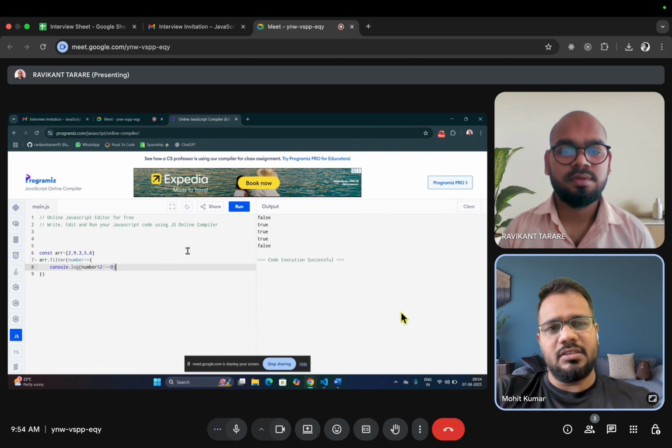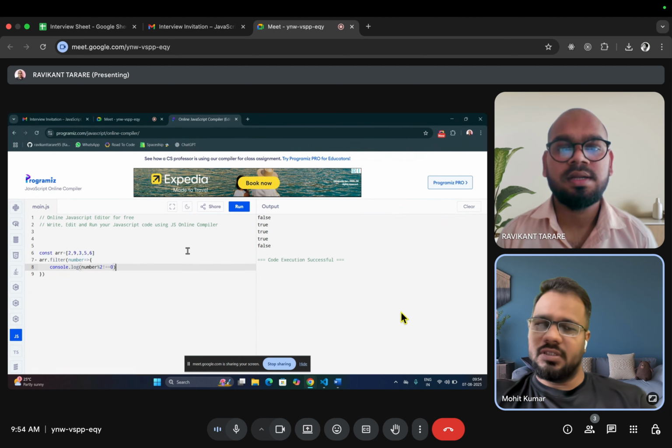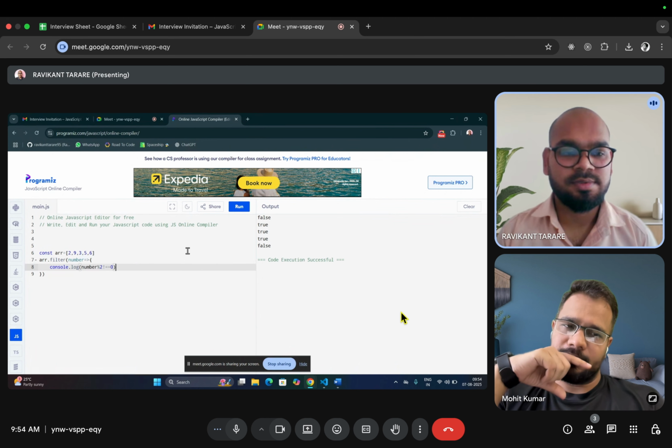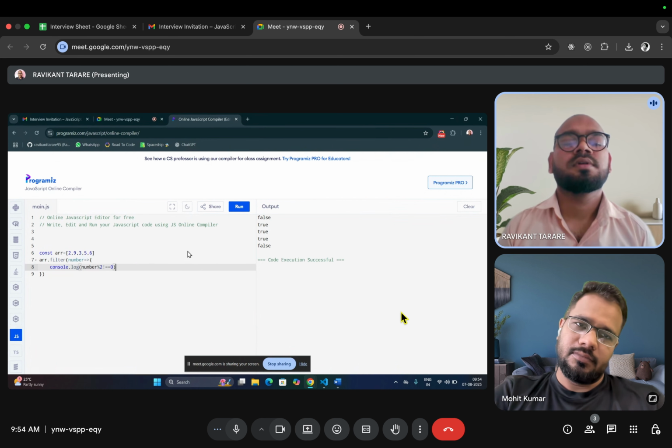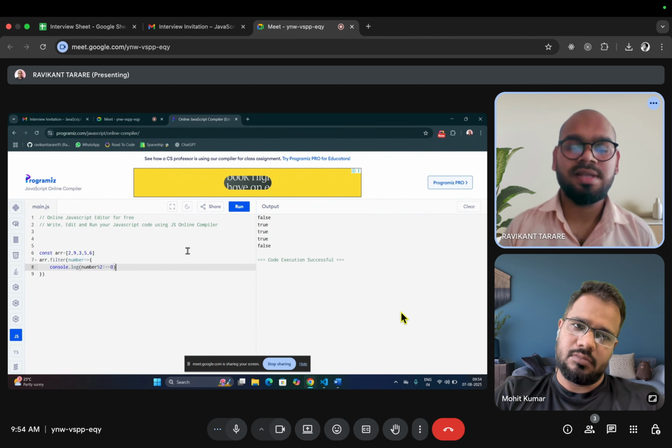I want to know how to change the color of a web page using JavaScript. We have to use classList dot style, then we can change the color.